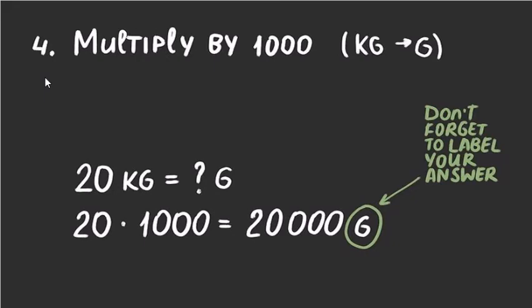To get 20 kilograms back to grams, we just multiply by 1000. Don't forget to label your answer again, right? 20 kilograms multiplying by 1000. This dot is multiplying, right? So 20 multiplying by 1000. So the answer is 20,000 grams. This dot is used in place of the multiplication symbol. Okay,